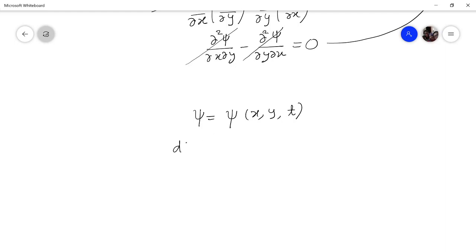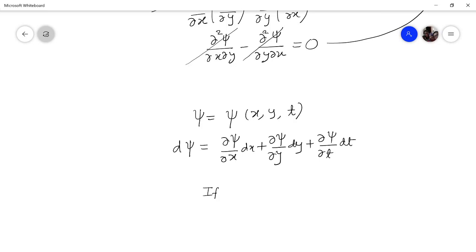Then how can I write the change in this psi? del psi by del x dx plus del psi by del y dy plus del psi by del t dt. Now if the flow of fluid is steady,